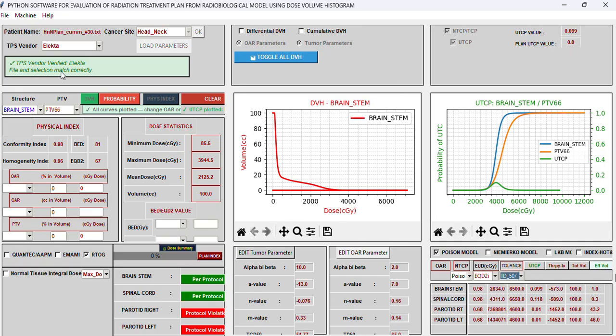So on one complete screen, for a single plan, we are able to have the complete idea about the physical index and radiological index. Thereby we can keep this data for comparing our plan evaluation with Eclipse or whatever in-house software, check how it is deviating, how the data are correlated with the current plan, and it can be improved based upon